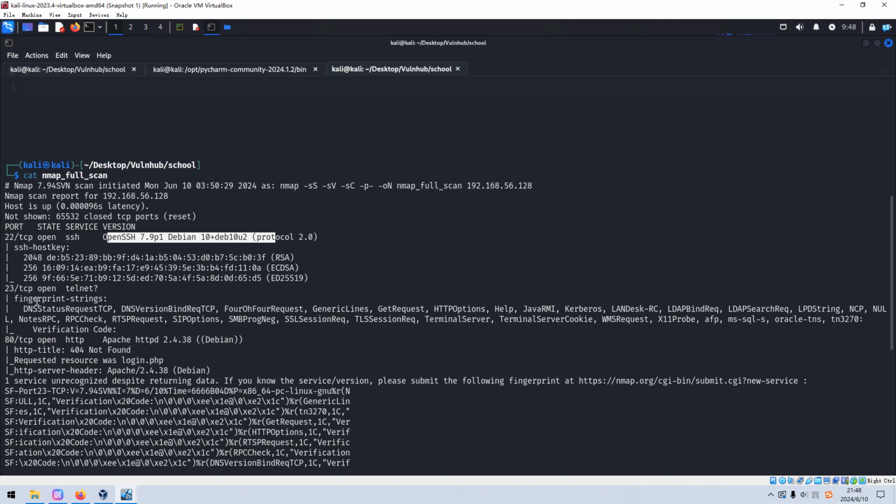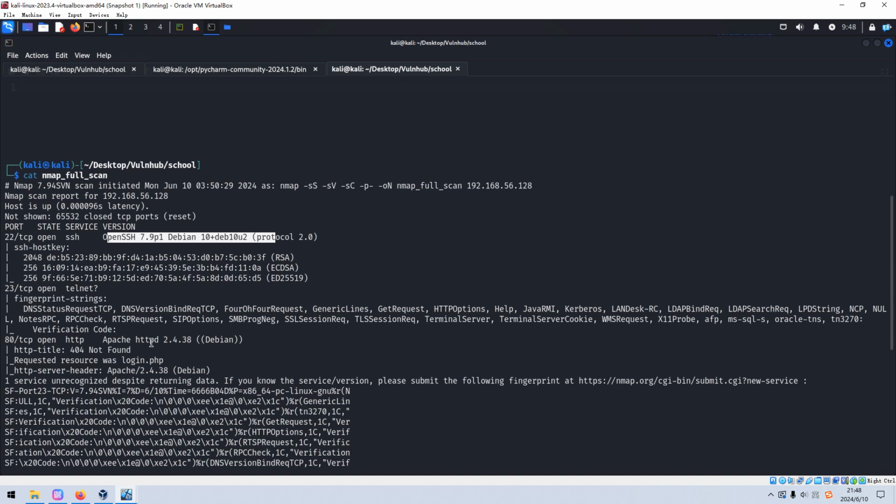However, from the fingerprint of this service, Nmap cannot make sure that this is indeed telnet. Later, we can manually connect to this service to see what it's about. The next one is 80, which is running the HTTP service and also the version information.